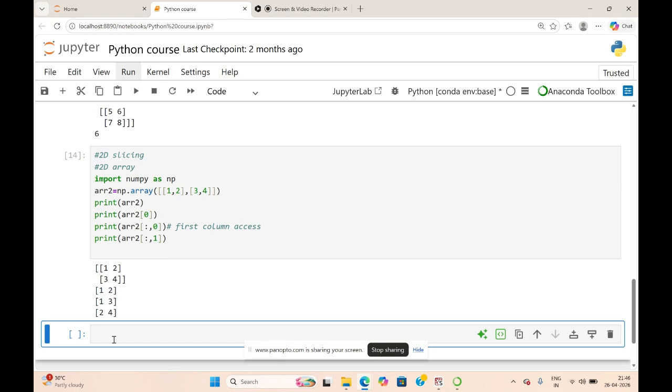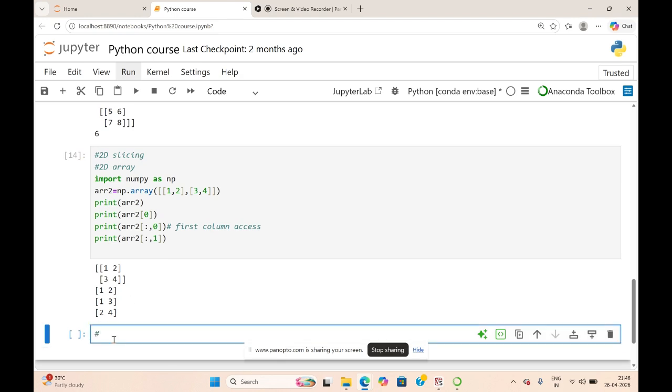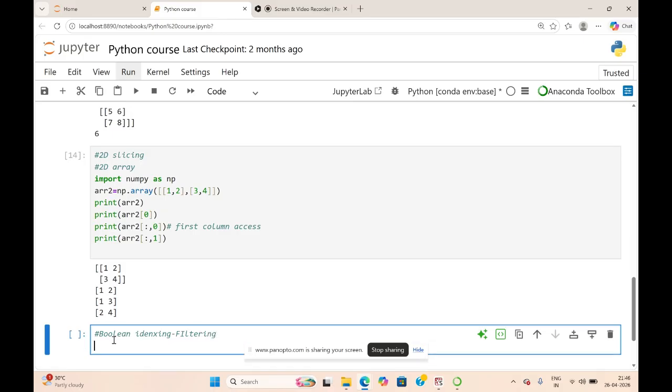Okay, there is one particular topic called Boolean indexing, which is mainly used for filtering purposes in NumPy. Let us see that with an example. Let us create an array.